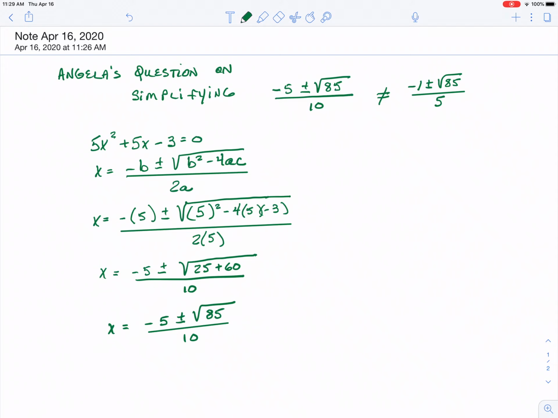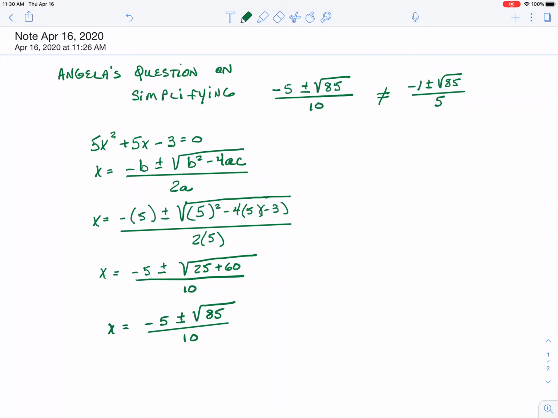This is Angela's question about simplifying an answer. She was given this problem and asked to solve it using the quadratic formula. That part of it was not her question, so I've gone ahead and just worked it out. So her question is, once we get down here to this answer at the end, how do you go about